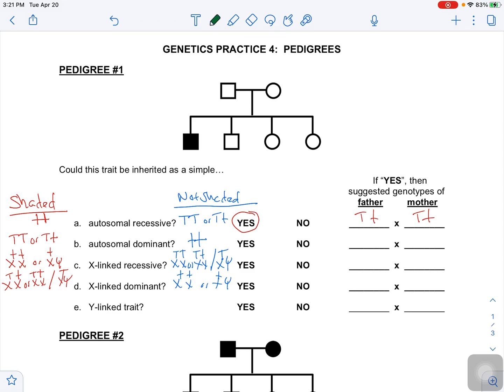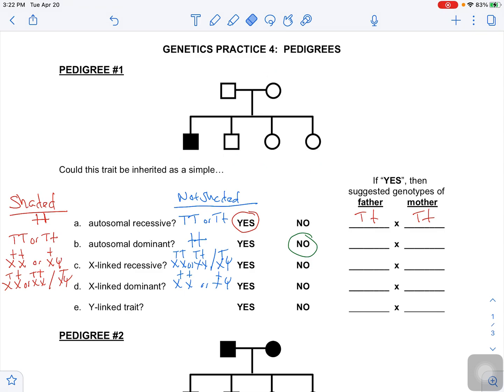So what we would say is that this person is at least that, and everybody else who's not, we know is this. Well, then the question becomes, can recessive parents give a dominant allele? And the answer to that question that we know of is no. So we know that doesn't work. So once we get to a no answer, we're going to erase